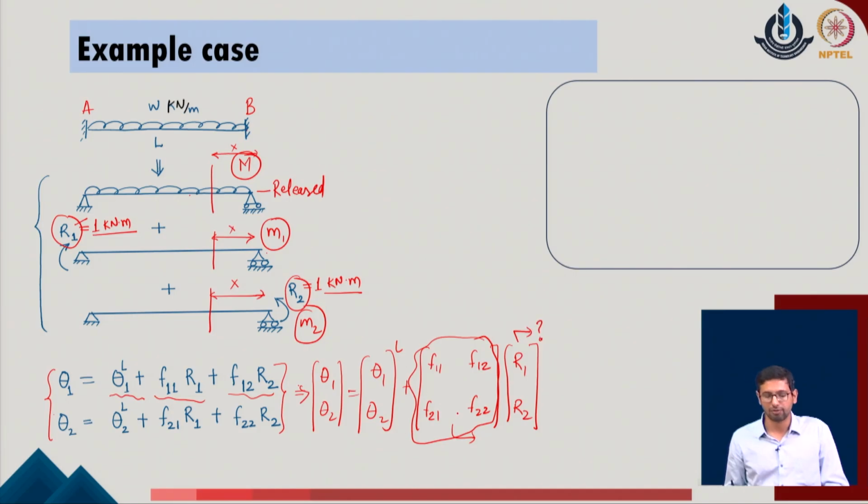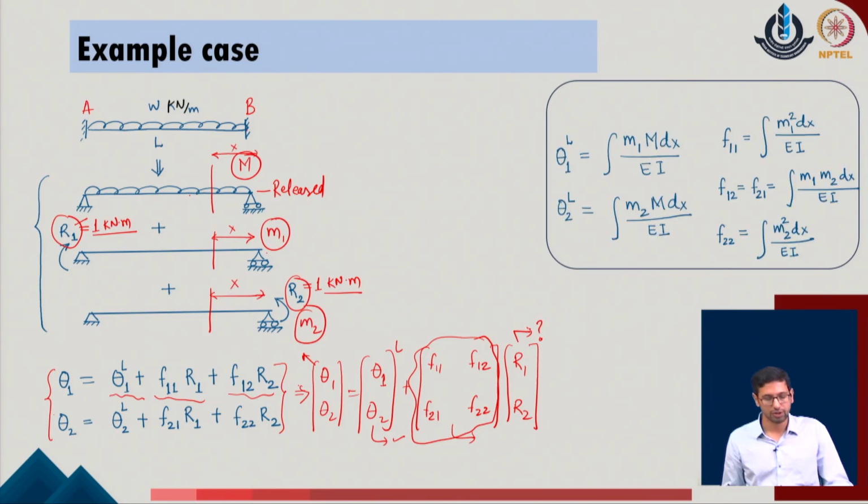Flexibility coefficients can be evaluated based upon the expression which we have just seen, and the displacements or rotations in the direction of the given redundants due to the external load can also be evaluated. So once these values are known to us, the flexibility coefficients are also evaluated, we can solve the given condition of compatibility to know the unknown values of the redundants in the given problem. As we go with this problem, we realize that the values of the expressions which we typically define for all the cases can be known.